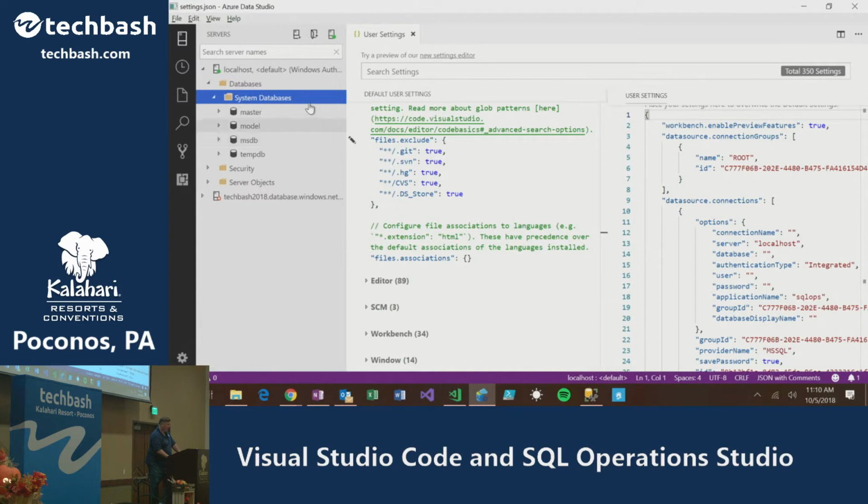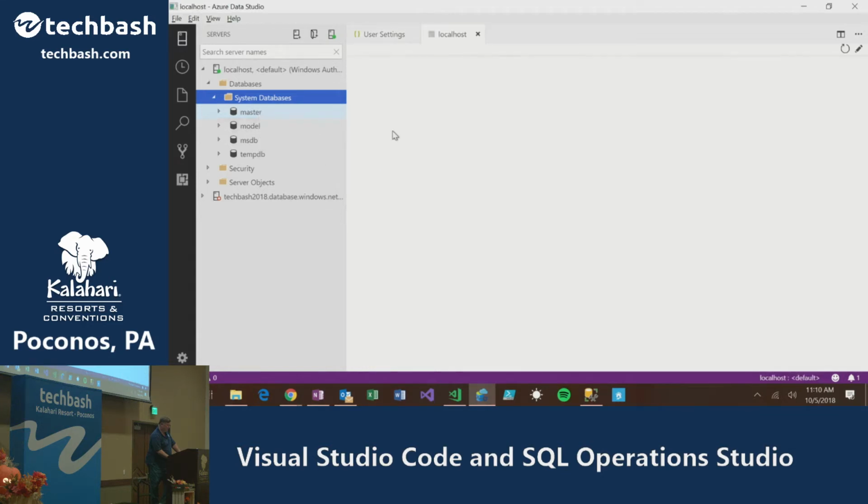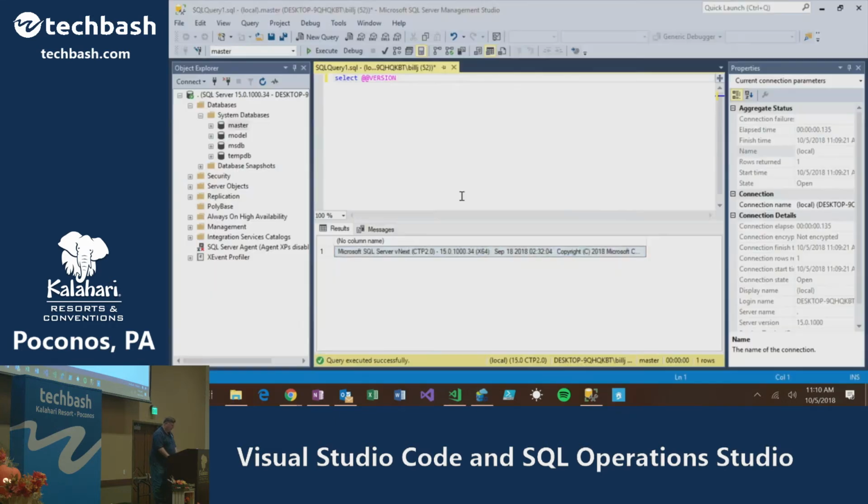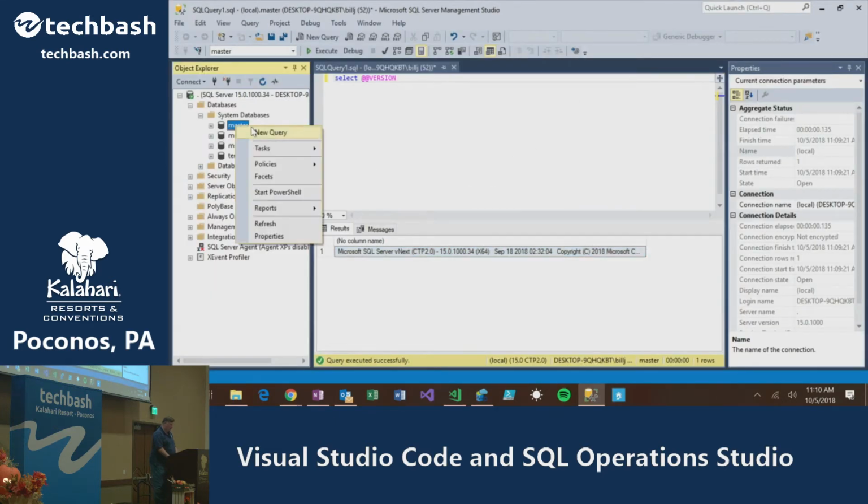Now the difference with this product is I have a lot less capabilities. So if I right-click Master, I can manage and do a query, that's it. And when I do a manage, it comes up and shows me my backup status and a couple other cute little panels. If I were using SQL Management Studio, there's a lot more things that I would do.